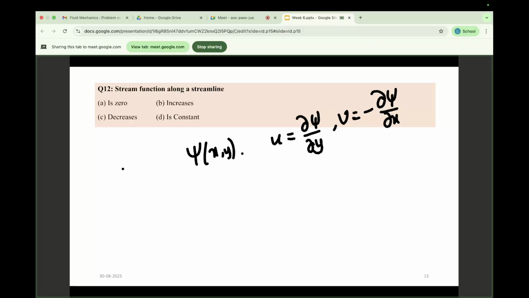So what is a streamline? A streamline is always tangent to the velocity field at a point, right? So that is the thing. Another important thing is how to check whether the stream function is constant along a streamline or not. So for this, if I differentiate,